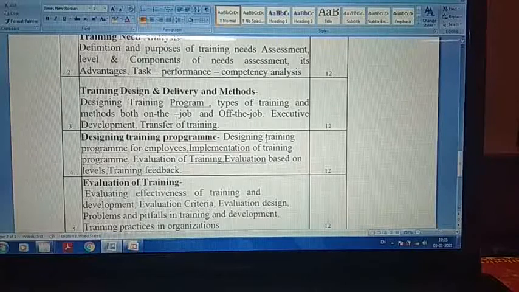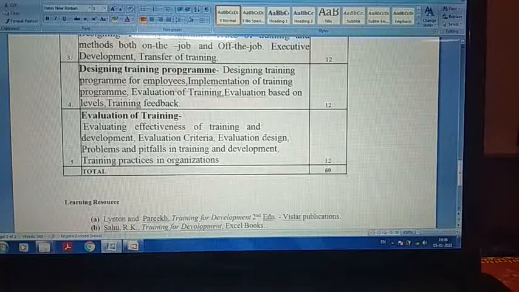Then training feedback. Of course ट्रेनिंग देने के बाद उसका फीडबैक लेना बहुत जरूरी है कि वाकई ट्रेनिंग देने के बाद लोगों में उनकी एफिशिएंसी, उनकी इफेक्टिवनेस में फर्क आया है या नहीं, वेदर दे हैव नाउ बेटर वर्कर्स और नॉट। सो ये ट्रेनिंग फीडबैक, तभी हम पता लगा पाएंगे कि ट्रेनिंग प्रोग्राम अच्छा था या इफेक्टिव नहीं था, और अकॉर्डिंगली हम फर्दर करेक्टिव मेजर्स लेके ट्रेनिंग को और ज्यादा इफेक्टिव बनाने की कोशिश कर सकते हैं।